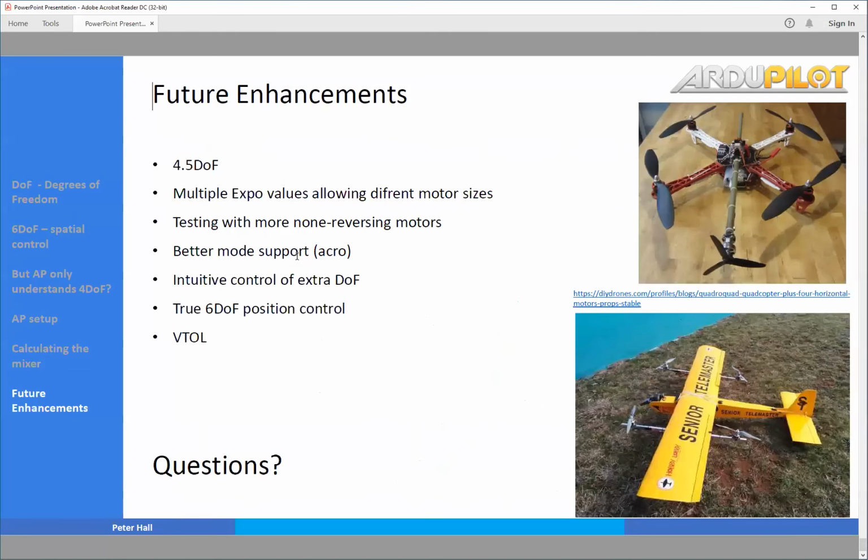So yeah, future stuff. I think proper 6DOF vehicles are very cool, but probably not fantastically useful in the real world. And actually, the fixed-off vehicle is essentially completely unconstrained by angle limits and things like this. I think what will be more useful, and a little bit harder to implement, is things like this